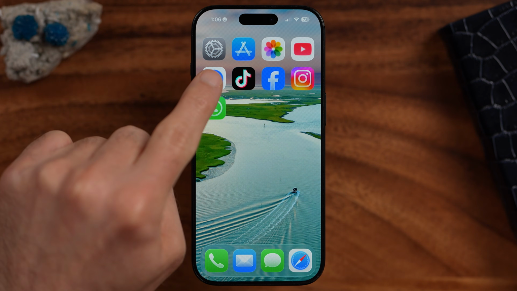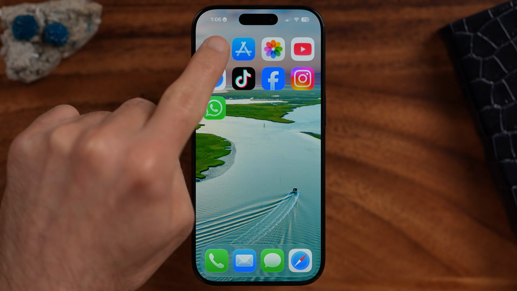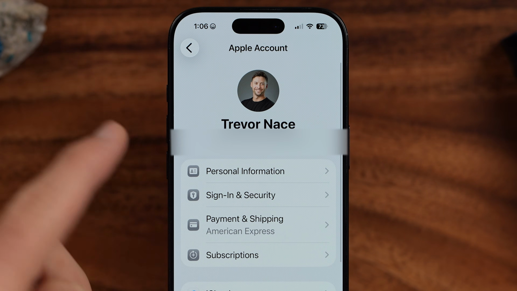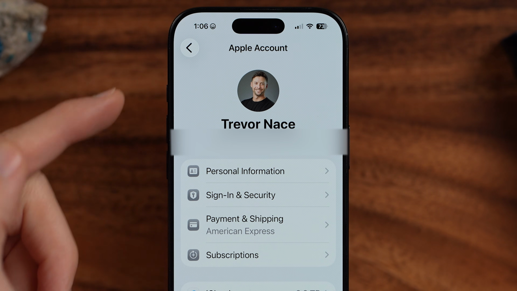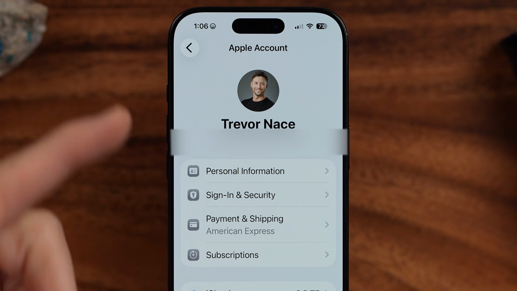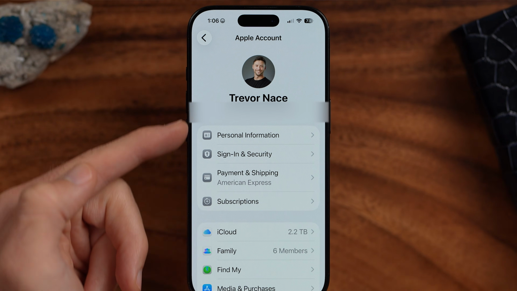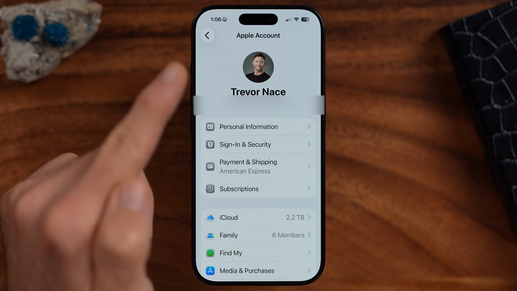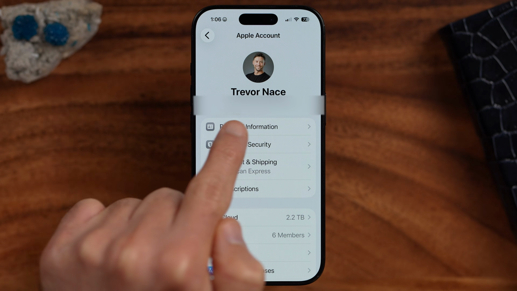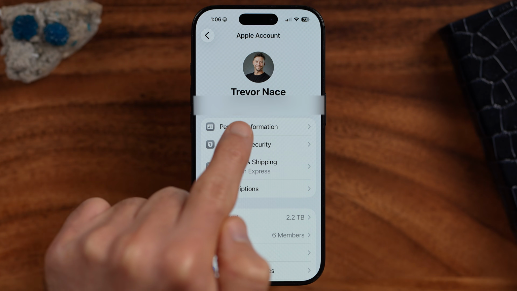The first thing you're going to do is tap on the Settings app on your iPhone, and then tap on your name at the top. If you already have an Apple ID account, you'll see your Apple account with your name and your email address. If you've never set one up, it'll just prompt you to set one up here. However, keep in mind when you create another Apple ID account, you cannot use that email address in